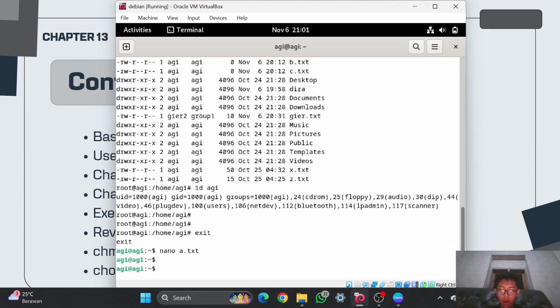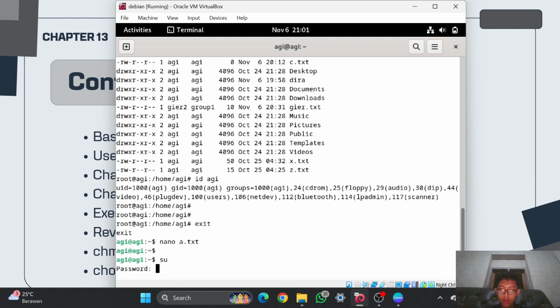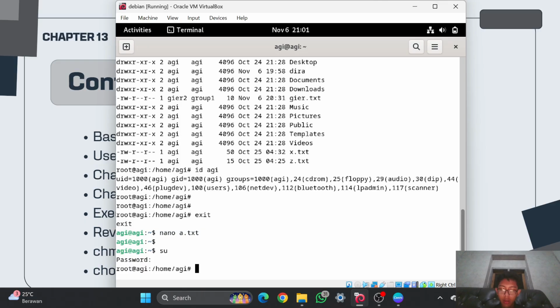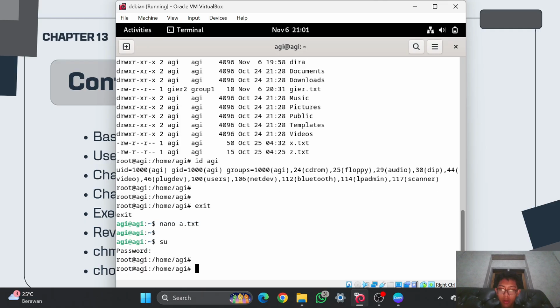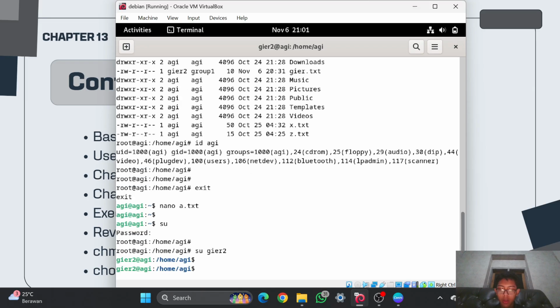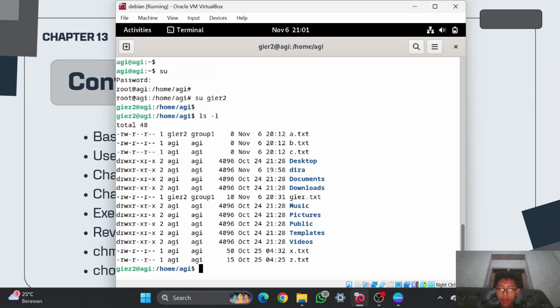And in here I will login into the GR2. Wait guys, and in here I will login GR2 and ls -l, and in here I will try to edit this file using nano and then a.txt.